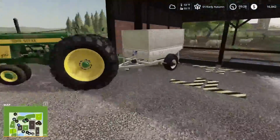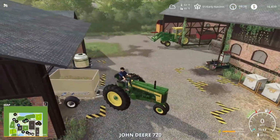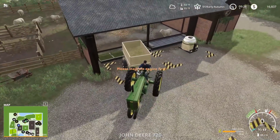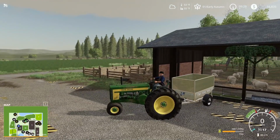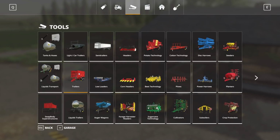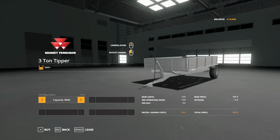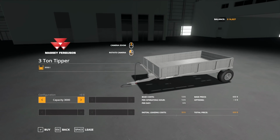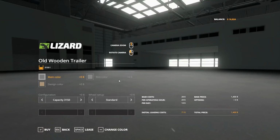Now, the other thing I thought about doing is emptying it, because we could just... We don't have a bucket, though. We could buy a bucket, though, and just use a bucket to feed it, because it's got 3,400 liters in it. Yeah, I don't know. It's just kind of tricky. We might just buy another trailer. There's some small trailers in there that really aren't that much money. That's 3,000 liters there for that. Like, we could even do... I mean, that wouldn't work. I don't really like the look of that one, though, so maybe this one